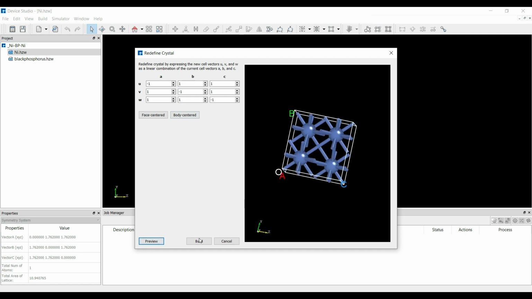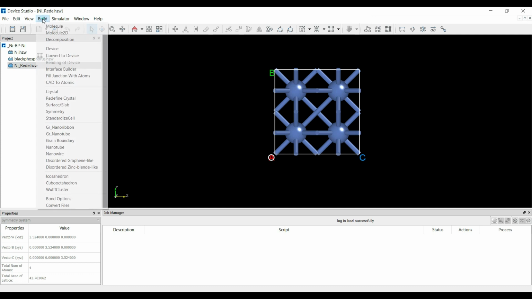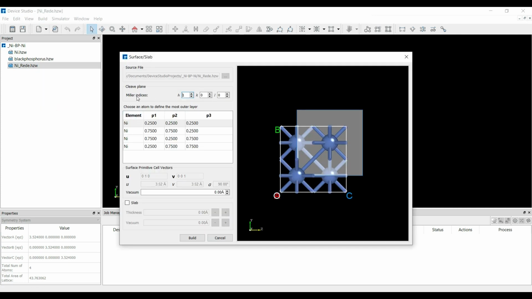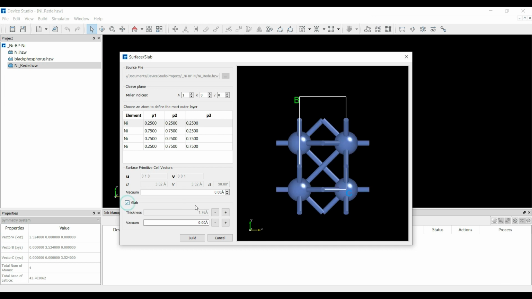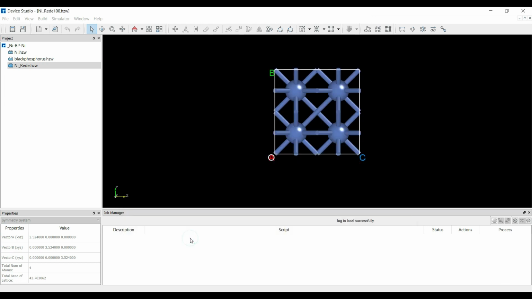Then I click on the Build option. To make a surface slab of the nickel atoms, you can go to the Build option and select Surface Slab, and here you can see the Miller indices. I have selected 100, and I would like to select this slab, and then you can increase the thickness and click on the Build option.